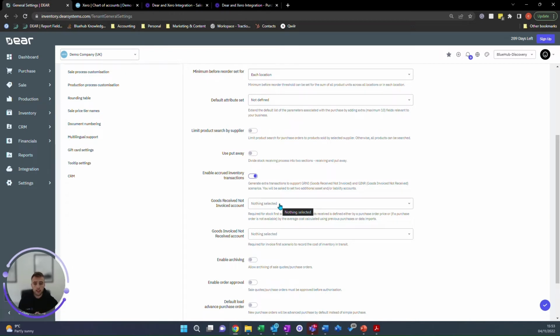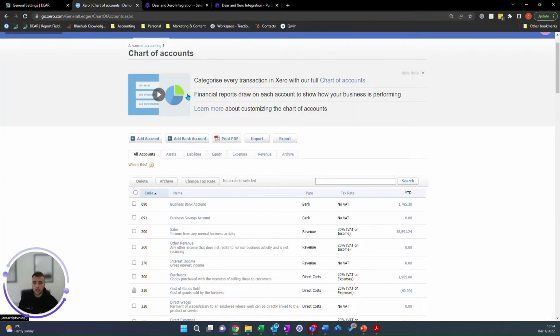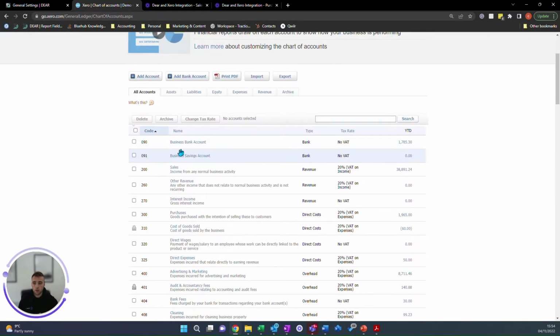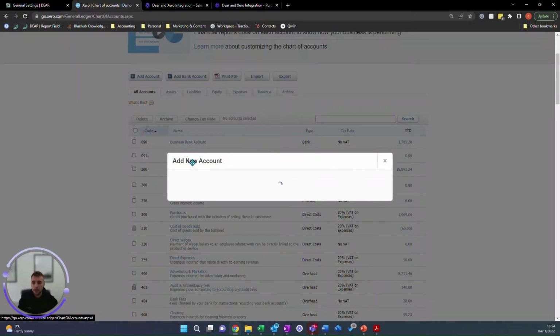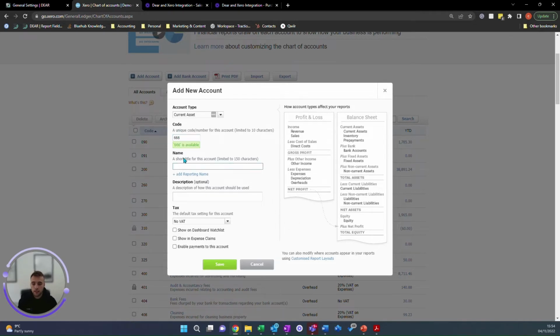If you haven't got these set up already, you need to go and set those up, and I can show you how now. We can jump into Xero, head to our accounting screen and chart of accounts, and we're just going to add our two account codes. First of all, we can go add account, put our account type in as current asset, and have a random code in there, and we can call it goods received not invoiced,